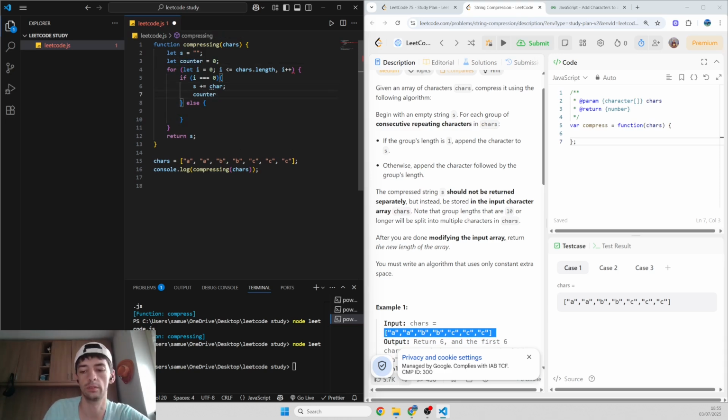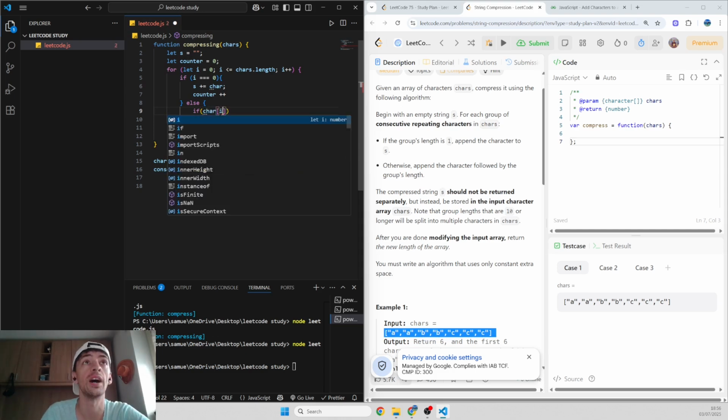Counter plus plus, because it's a 1. I can start from 1. Let's keep it at 0. Okay. Then we're index 1. If char of I is equal to